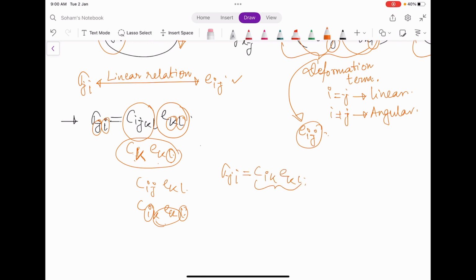Okay, one option could be this. Another option could be Ki equal. Okay, but these options will not work because we also have to maintain the dimensions. Okay, and the other option is,